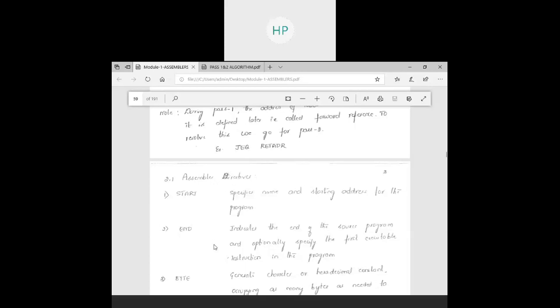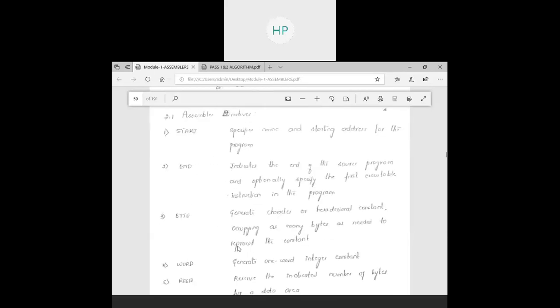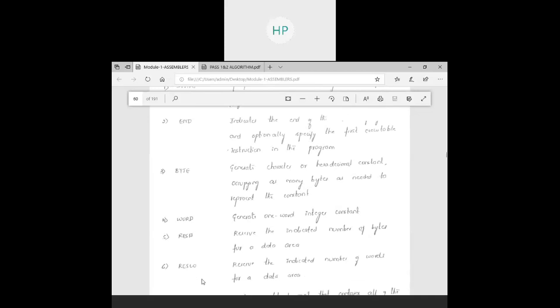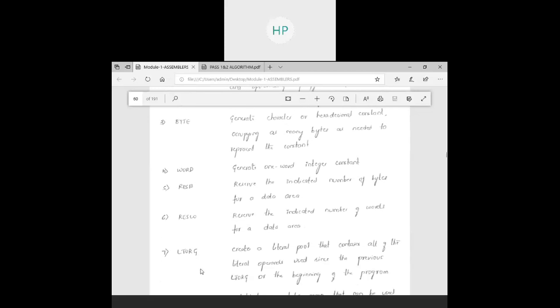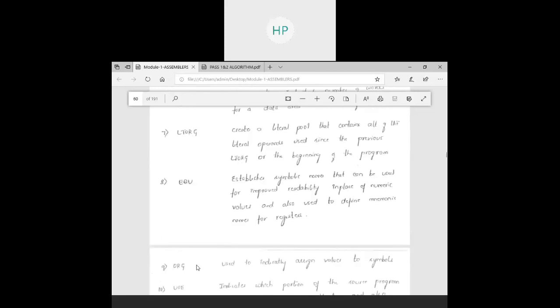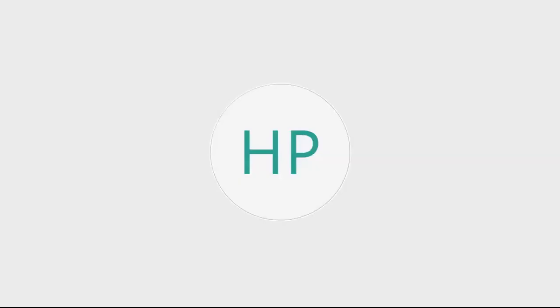What are the different assembly directives which are available? You will see only these 5 or 6 at the beginning of your second chapter. The rest you'll get later, as you learn the second chapter you will be using all these. I've written them here so that you will remember at least some 5.